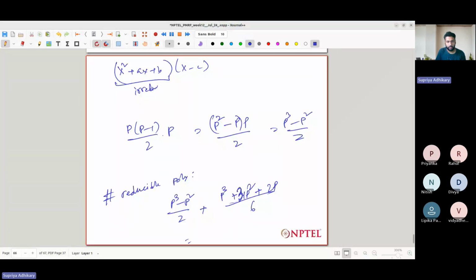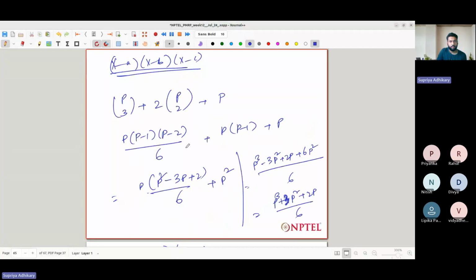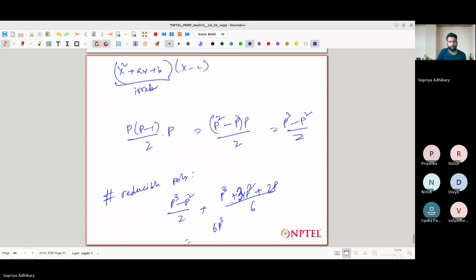And if we add these two together, this will give us 6p cube, 3p cube minus 3p square, plus p cube plus 3p square plus 2p over 6, and that gives us